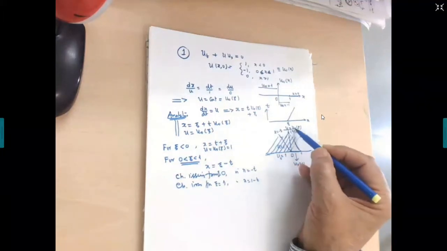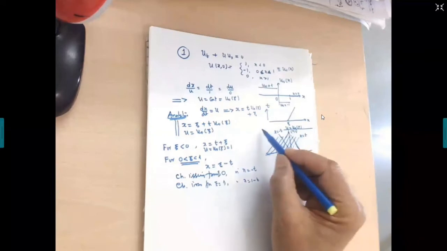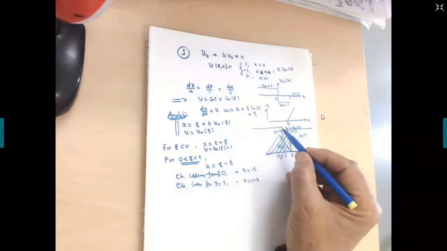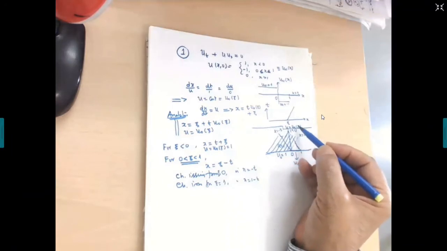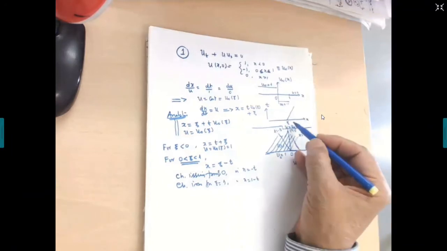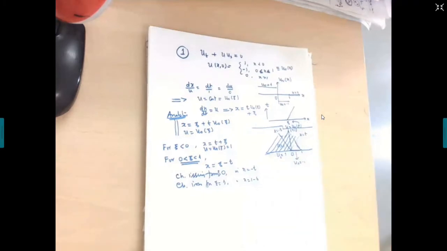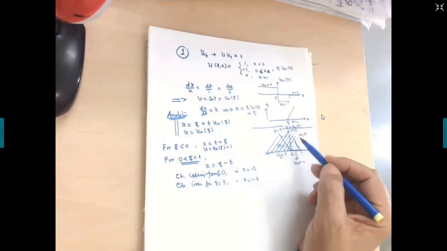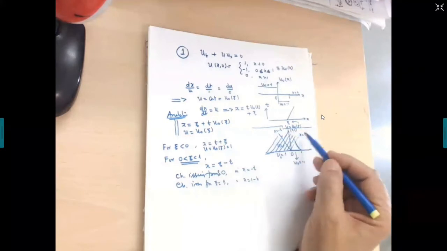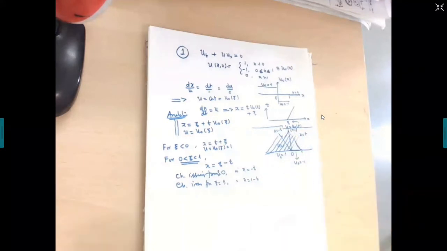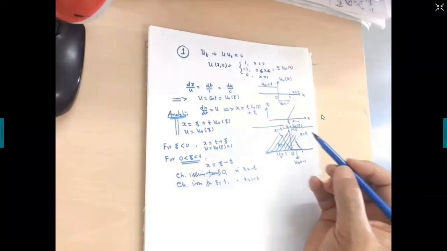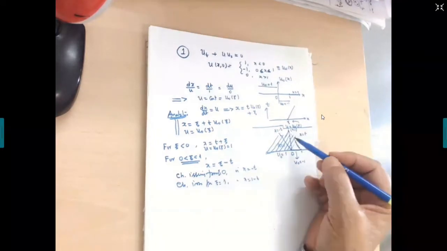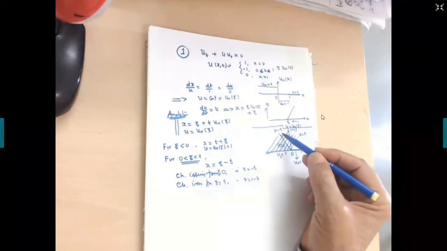There should not be any confusion. If there is any confusion, please let me know. I will separate these figures from each other. Here I have written u is equal to u naught xi. This is the value of u at this point. That's all. It has nothing to do with the figure below this line. Is it all right? Yes, sir. Very good.